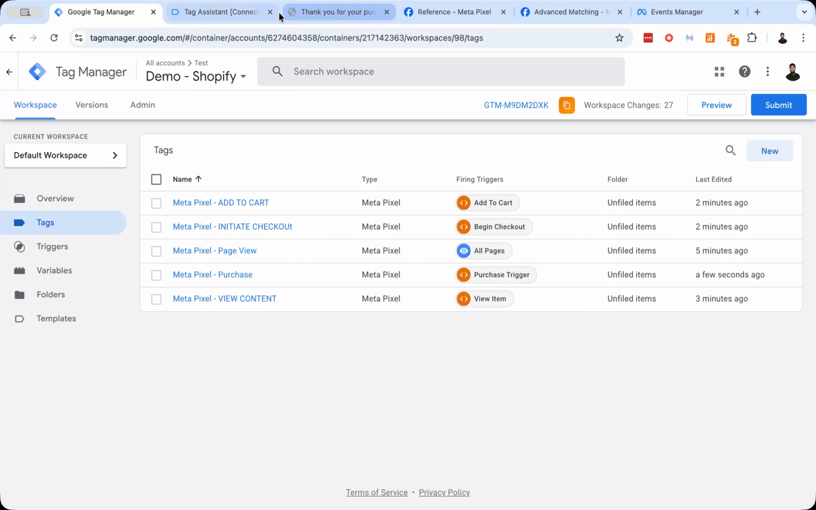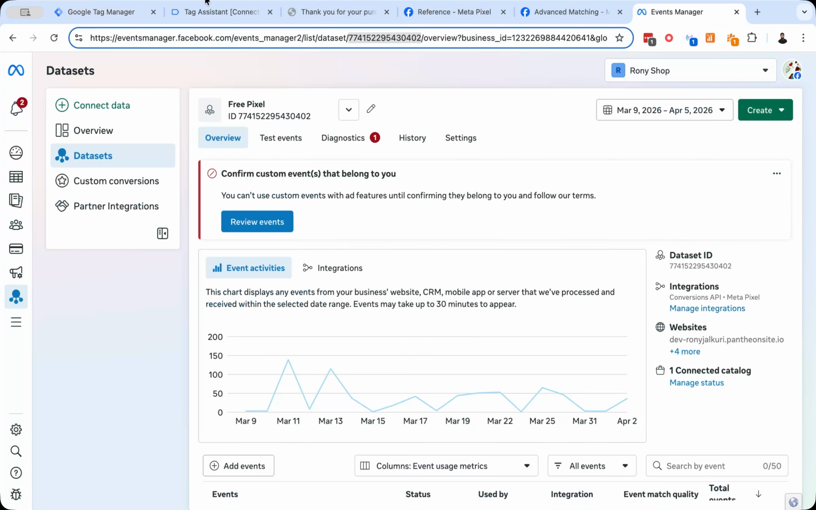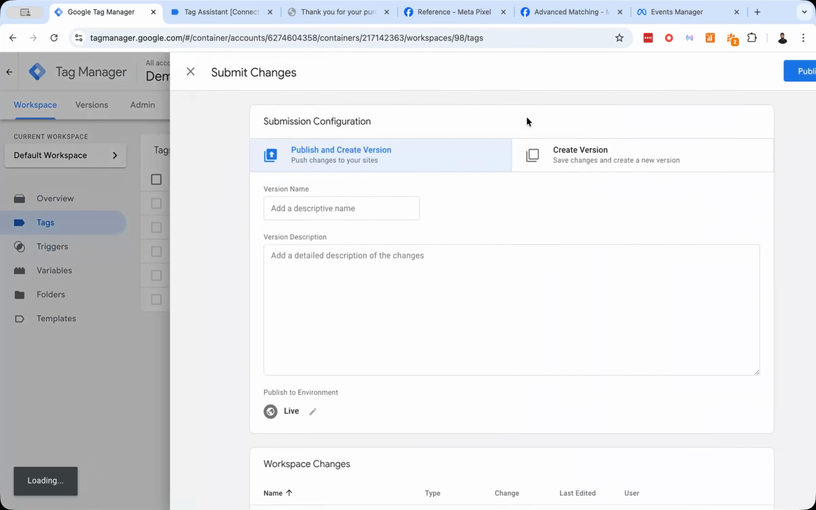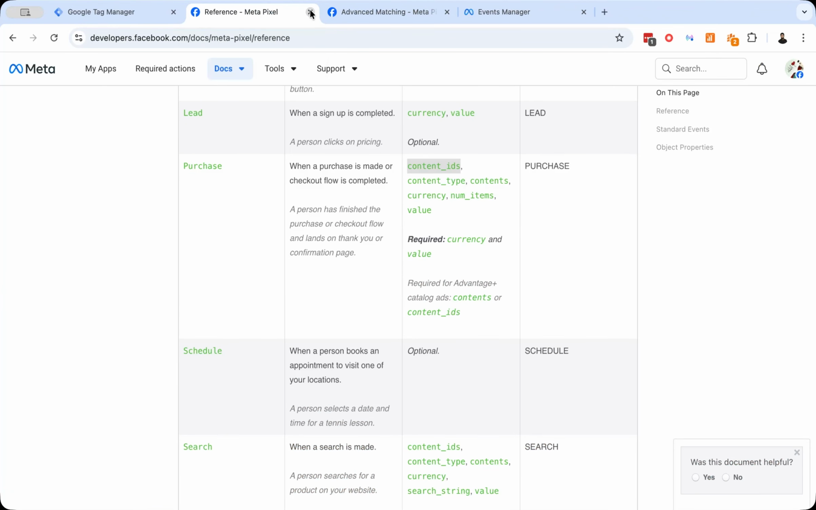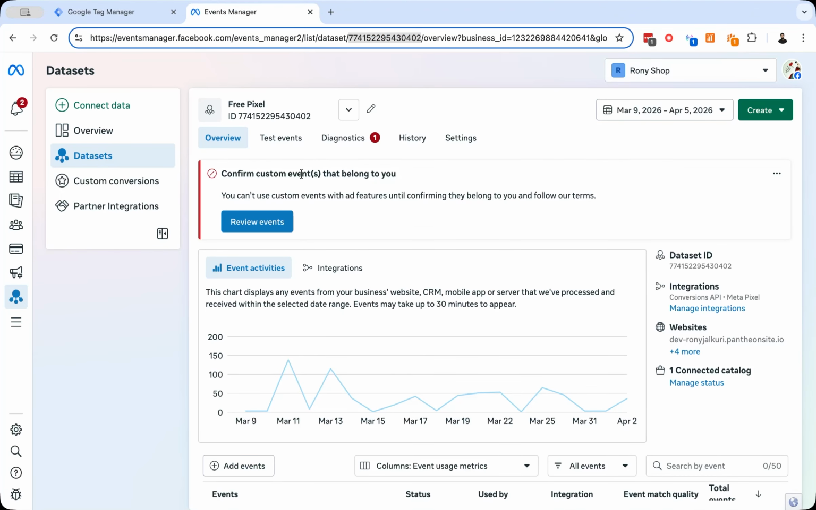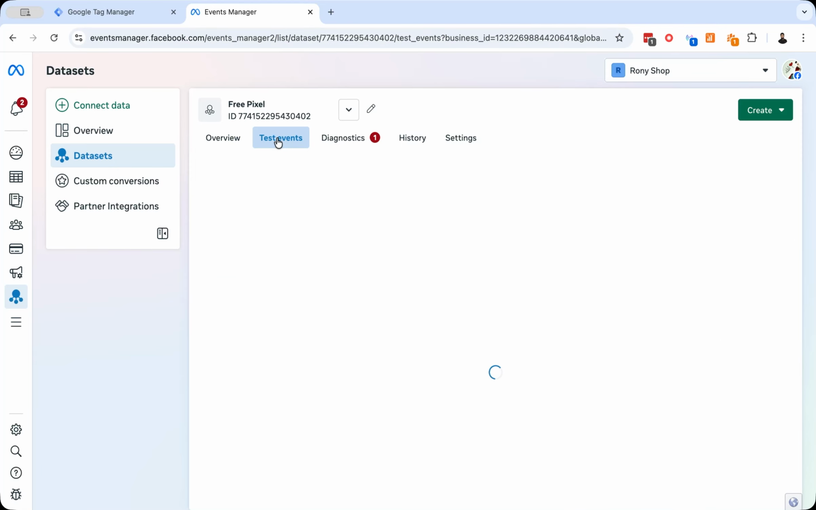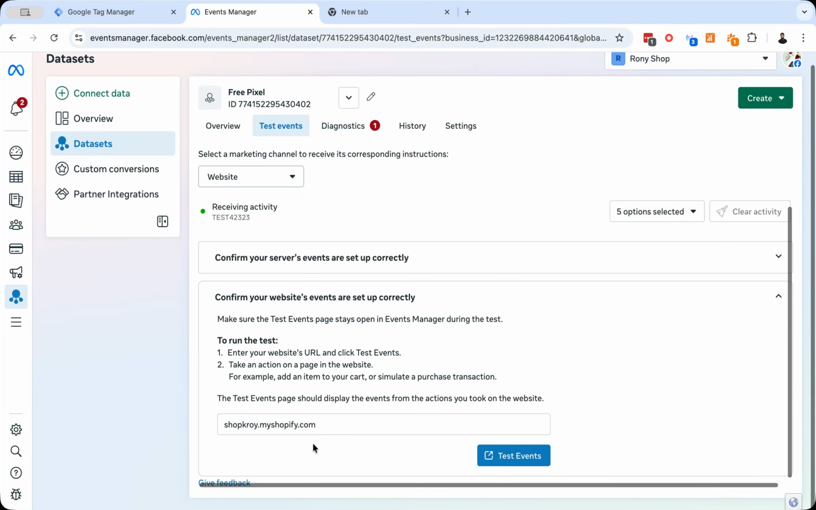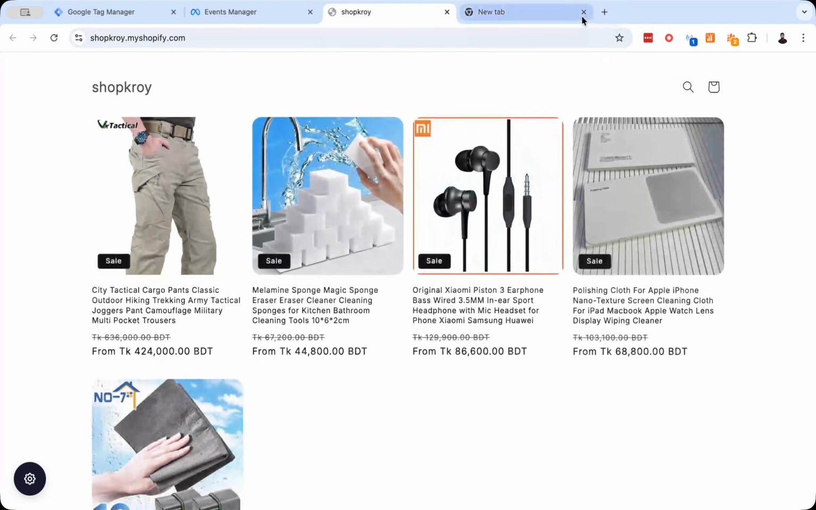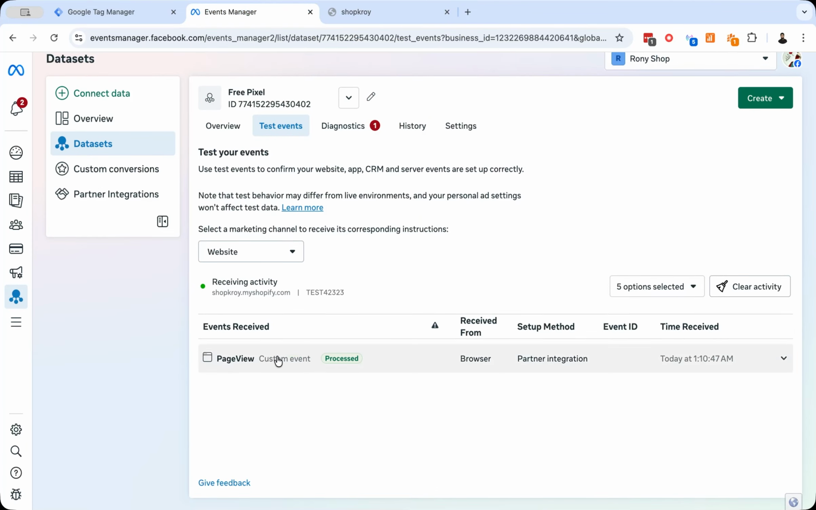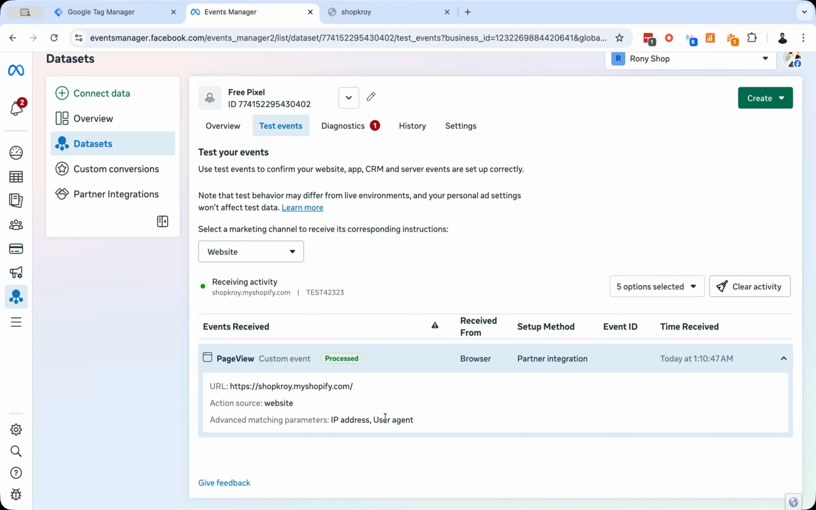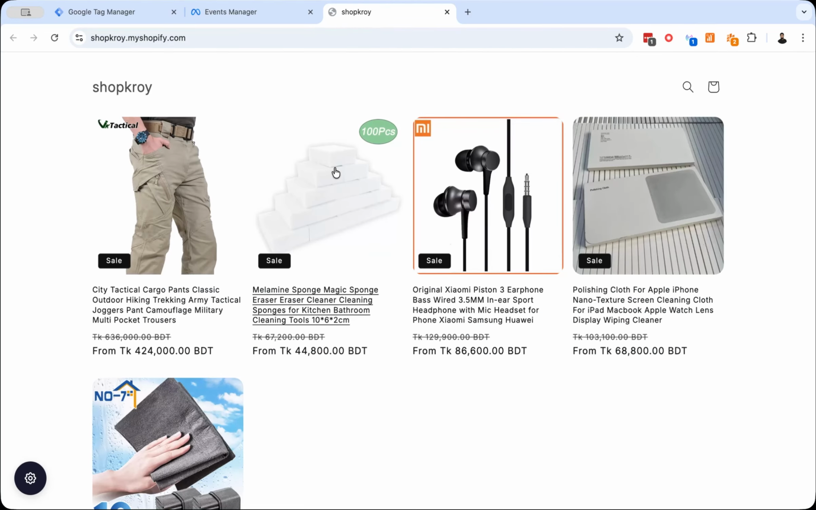Okay, so everything is done. Let's submit this container and close those tabs and click on test event. You can see our page view event is fired. There is our IP address and user agent. If I click on a product,